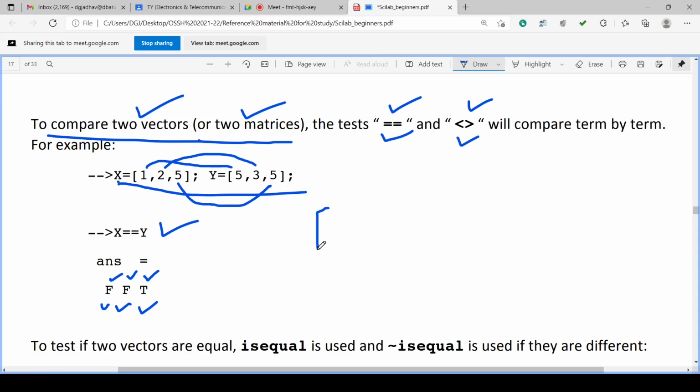Similar comparison applies to matrices. Suppose we have 3 by 3 matrices x and y.